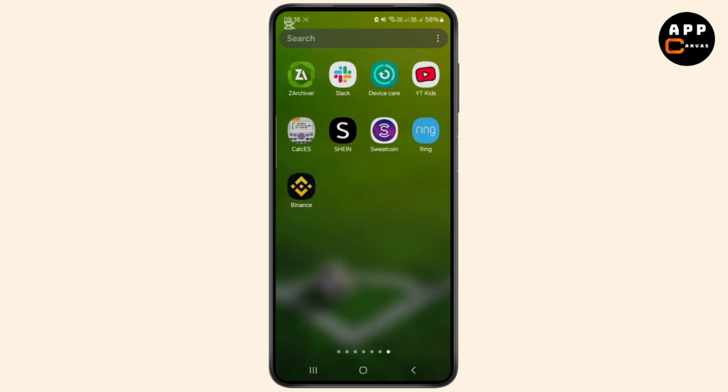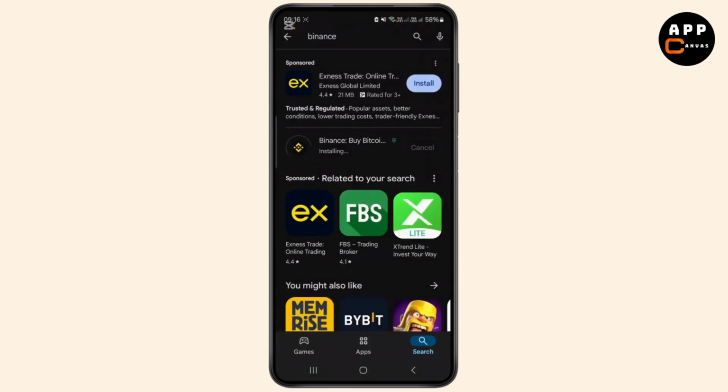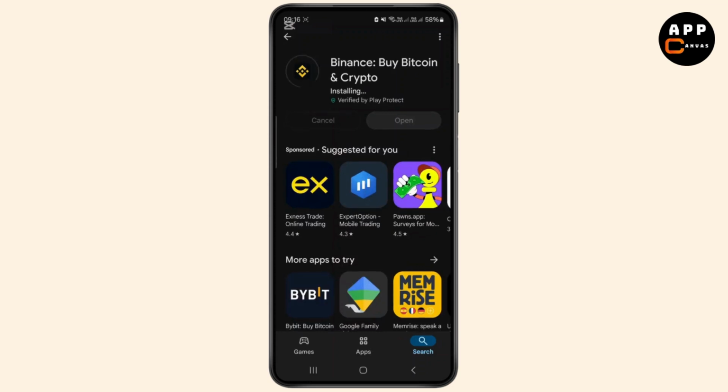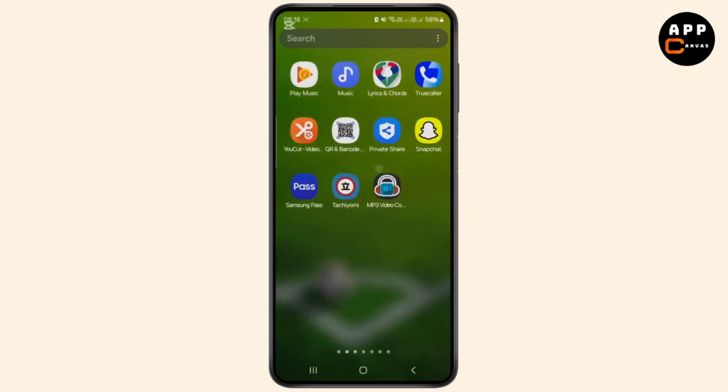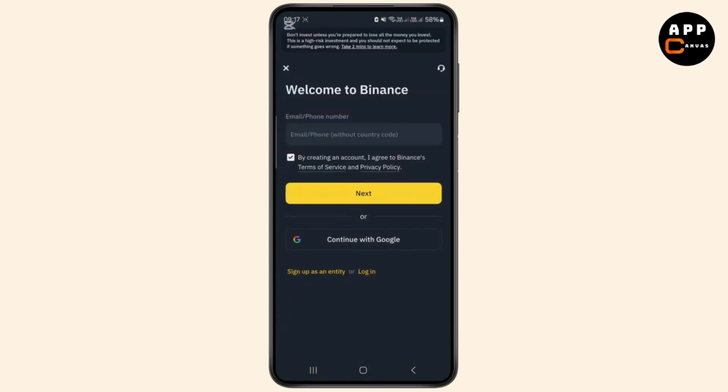In this video I'll be showing you how you can easily create a Binance account on your device. So first thing, head over to your Play Store and make sure you have successfully downloaded the Binance application. And once you have successfully downloaded it, what you need to do is head over to your Binance application, and